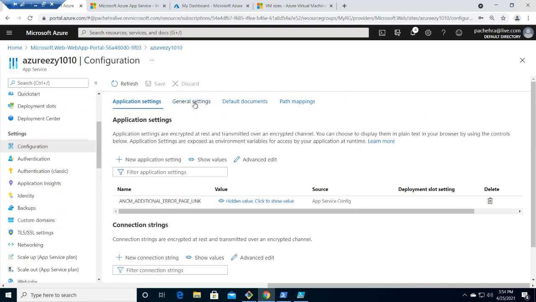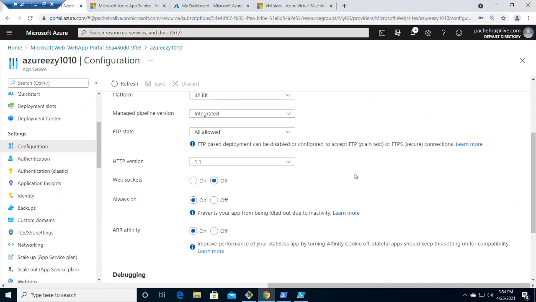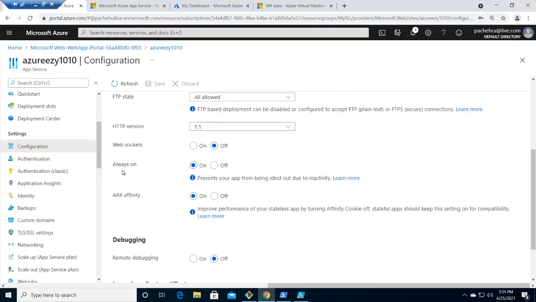We do have a general settings tab here where we have all the information that we selected for this app service. There is an Always On feature. This will prevent your app from being idled out due to inactivity, or you can simply say this will keep the app loaded even when there is no traffic.